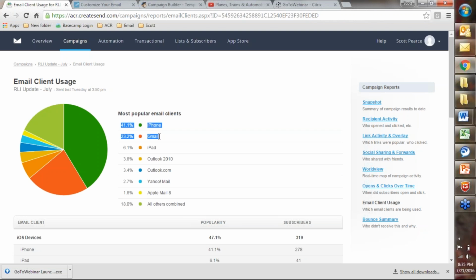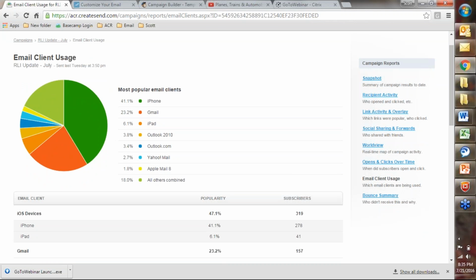So 41% on iPhone and Gmail and iPad. We're looking at a very large percentage of mostly mobile. And so we know that we want to make sure that the emails are optimized and easy to read on mobile devices. That's a great piece of information to have, so that if you've heard back from members that they say, look, I'm reading this on my phone when I'm off work and riding a train, or I'm at my desk taking a 10-minute break, and they're going through emails on phones, this is a great way to disseminate information to them in a way that's easily digestible for them.